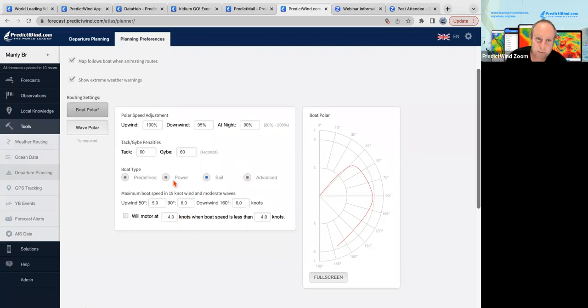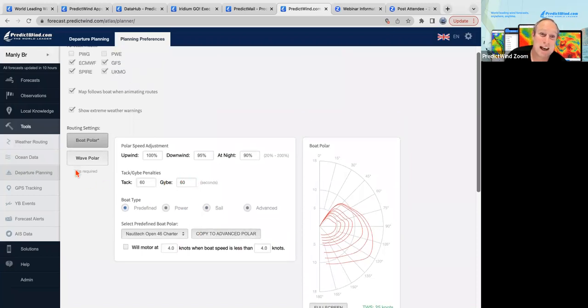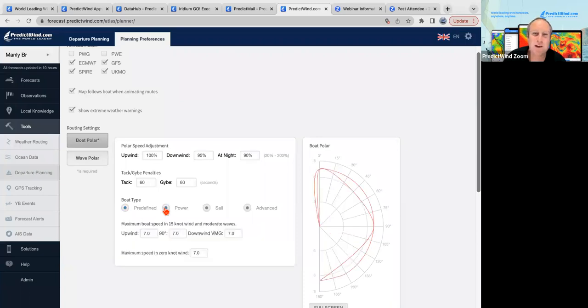So we will go back to the predefined because there's something important that I want to mention. And so we've set our boat up for the wind. So wind's what drives us generally. Just for any power boaters there, sorry, I won't leave you out. We're about to make a big update to this